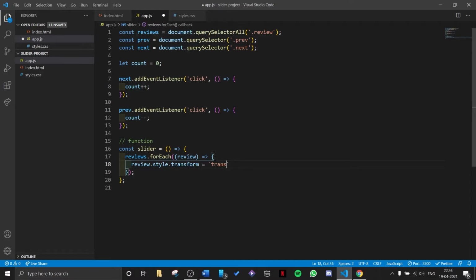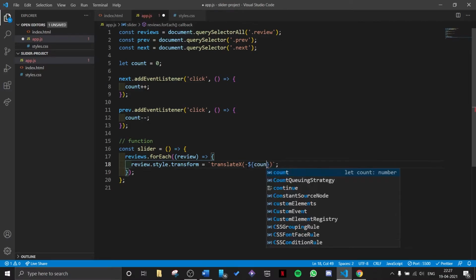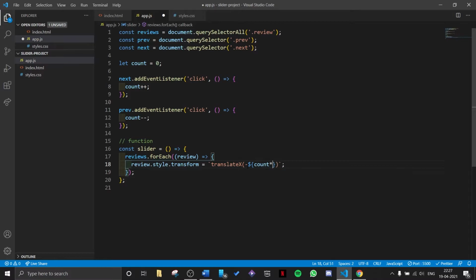So it will be translateX, minus. Remember, we are putting minus because we want to move in the left direction. And what should be the value? I will put my count variable here, multiplied by 100 percent.